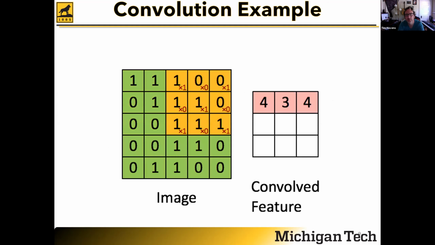So just to show you the example of what happens with a convolution: there's some kernel. The kernel is the little numbers in the lower right of this image. The convolution takes place when you multiply each of those numbers by the numbers it finds in the image and add all those up, and then you get the results in the convolved feature. What's great about convolutions is they can represent spatial content in an image, which is all an image is. And then you can take that spatial content and start to recognize certain types of features in it